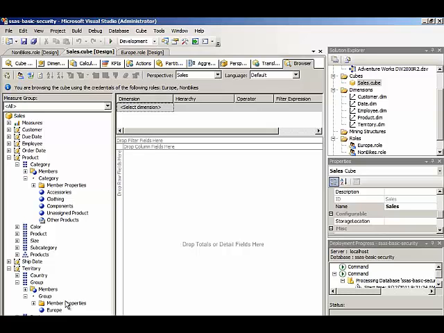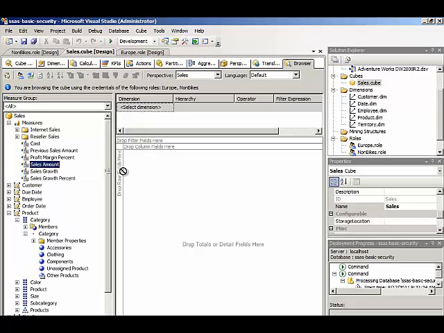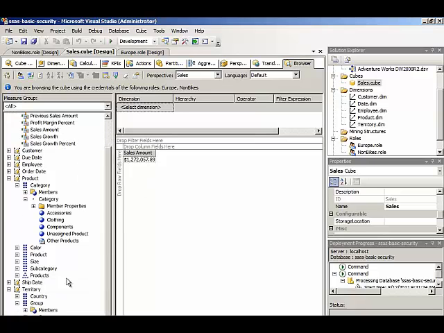Now remember we set a default member. So let's see what happens there. Let's take our sales amount, and notice the value here is much lower than we saw before. If we add in group, we can see that that total is not just the Europe total,